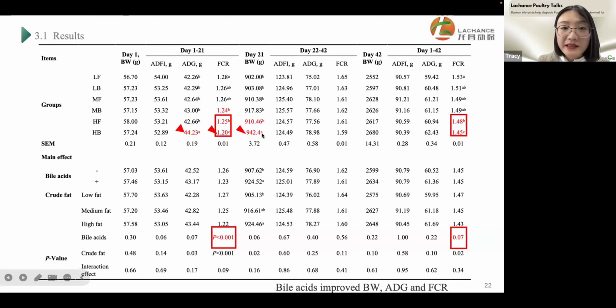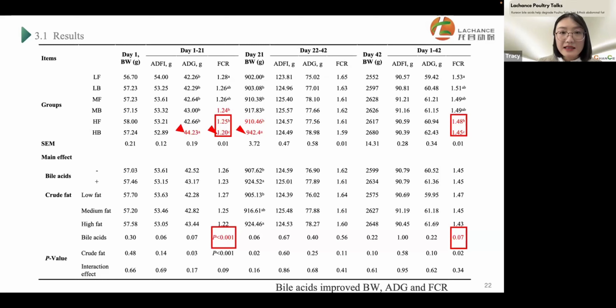And this is the body weight in 21-day-old. And this is the FCR for the whole process. I mean, from the first day to 42 day, you can see that the FCR was reduced from 1.48 to 1.45. So yes, this table shows that bile acids can improve body weight, average daily weight gain, and